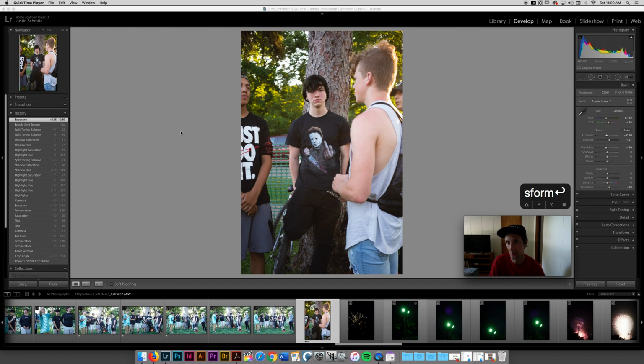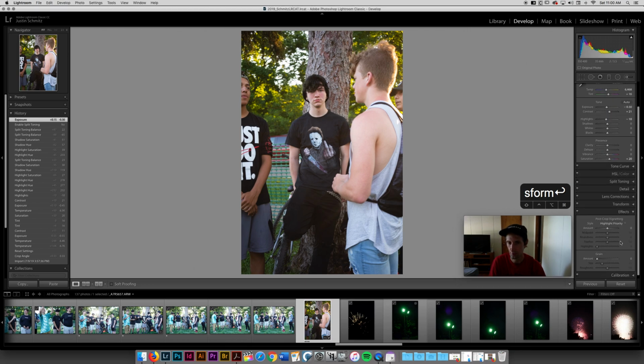Okay, so we're almost to the end of the develop module. Really, the last one I want to talk about is the effects panel. The effects panel, if we go into this, is once I've got everything edited and I like how it looks, there's a couple things I can do. I can actually add a post-crop vignette, and I can sort of do a paint overlay, a color priority, or